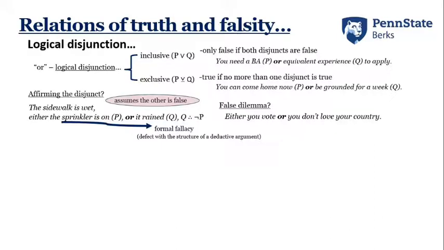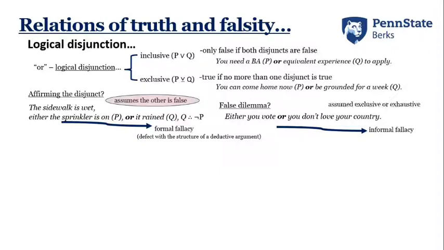The other fallacy I want to bring up is what's known as the false dilemma. In other words, you're giving people options, per se, but you're almost pitting one against the other, not giving them a clean choice. Let me explain. So, if somebody were to say, either you vote or you don't love your country,